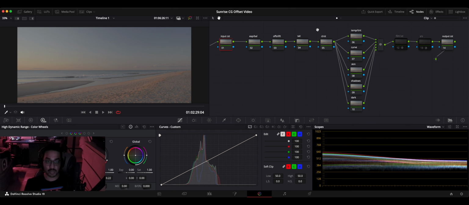Today I'm going to be walking you through my color grading process in DaVinci Resolve Studio. This is using one of the clips from my previous uploads on that trip where I visited Ocean City and various parts of Delaware, doing some exposure testing for my camera, my new lenses, and various other parts of